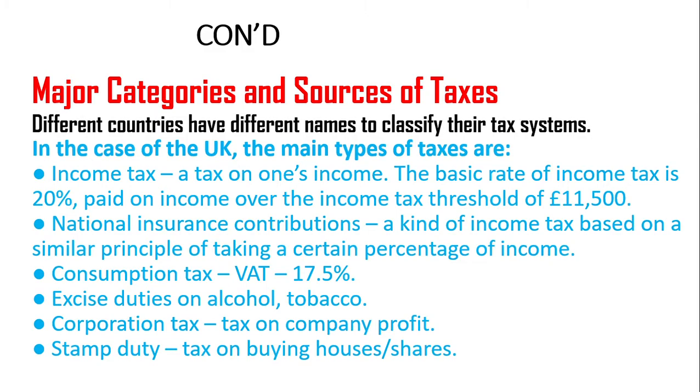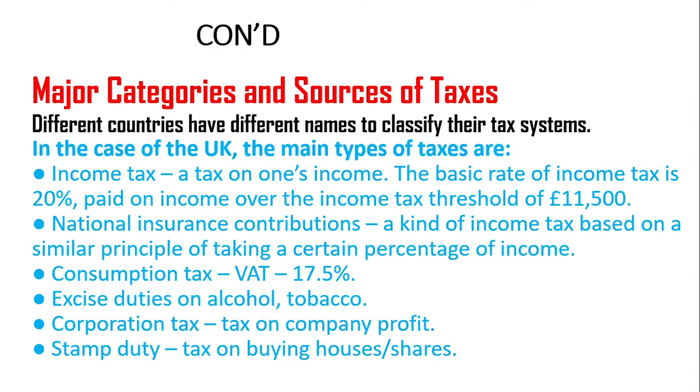አንደኛው ኢንካም ታክስ ይጠቀማሉ። ኢንካም ታክስ በእነሱ that's a tax on one's income. The basic rate of income tax is 20%. ኖርማሊ እነሱ ጋር ኢንካም ታክስ ሌቪ የሚደረገው ዛት 20% ነው። Paid on income over the income tax threshold of 11,500 so ከ11,500 ፓውንድ በላይ ኢንካም የሚያገኙ አካላት 20% ታክስ ይጣልባቸዋል። ይሄ ነገር በኢትዮጵያ ከ11,900 በላይ የሚያገኙ አካላት 35% ነው የሚጣልባቸው።